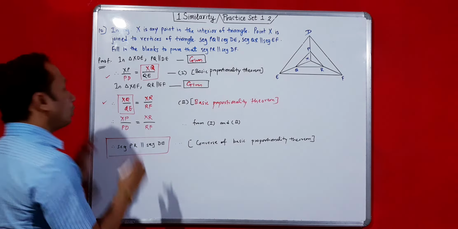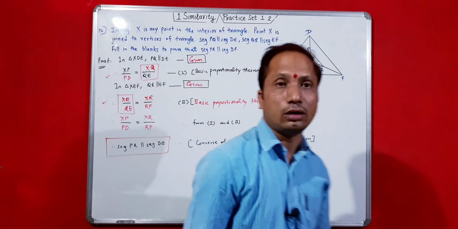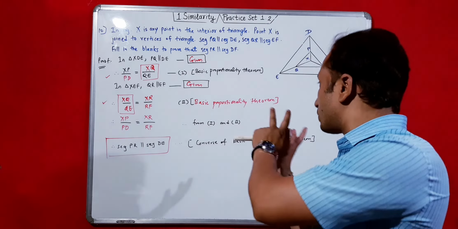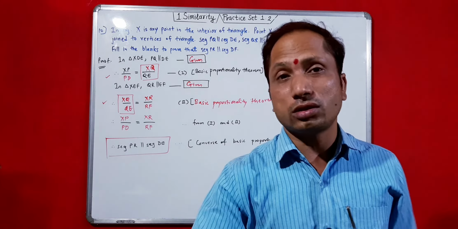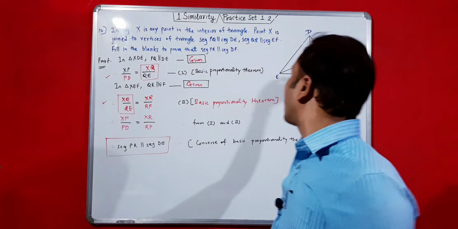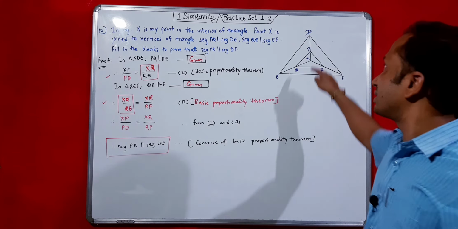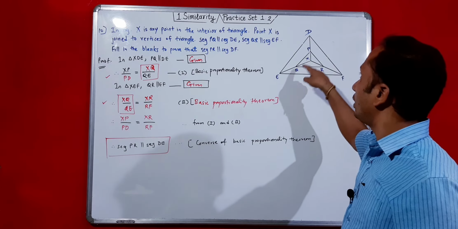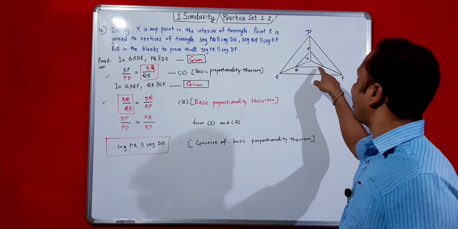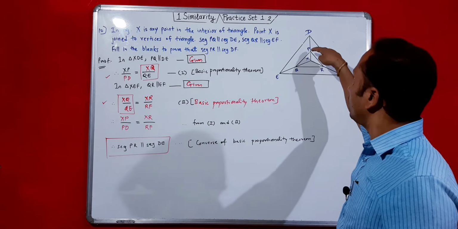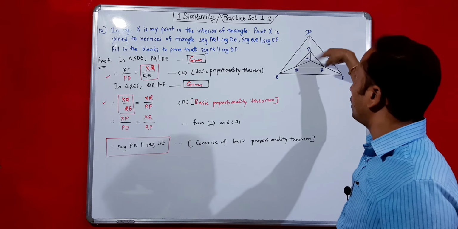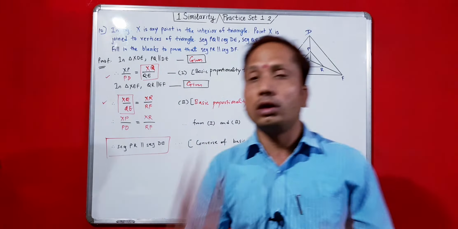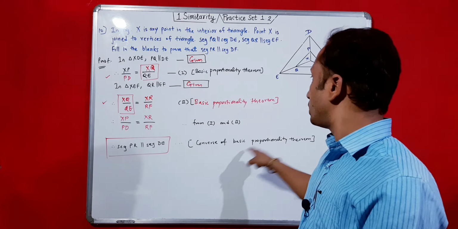So in this way you have to fill in all this information in the given fill in the blanks for this activity, and this is a very small activity, you can easily do this. Just concentrate on the diagram and use the correct sequence: XP upon PD, XQ upon QE, XR upon RF. Therefore this upon this, okay, this side also XP upon PD and XR upon RF, and finally you will get your proof by the converse of basic proportionality theorem, okay.